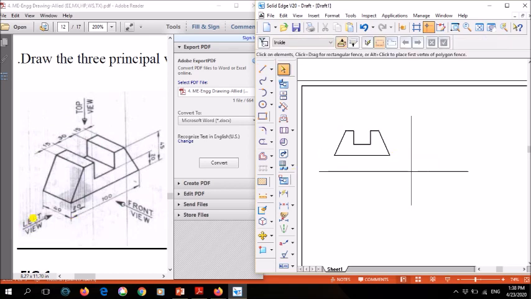Next I'll draw the left view. In the left view, when I am seeing from the left, from here to here, that is the left view. Where is this left view drawn? On the right side. Clear? And if the right view is given, that needs to be drawn on the left side. Since the left view is given, in the same way I need to draw it on the right side.